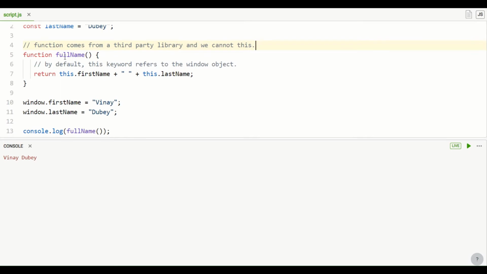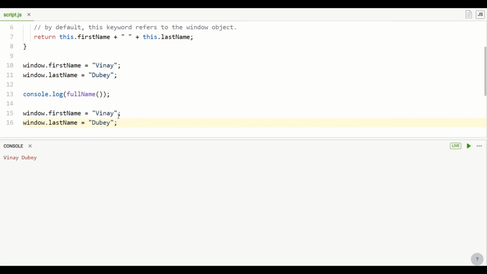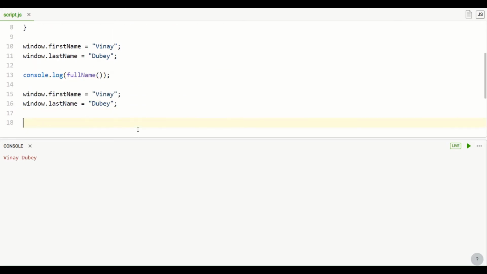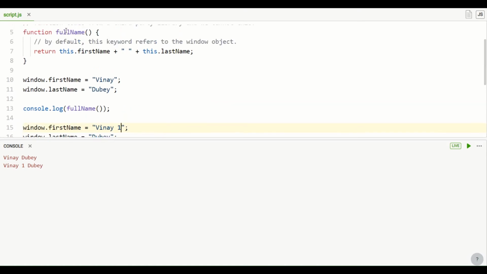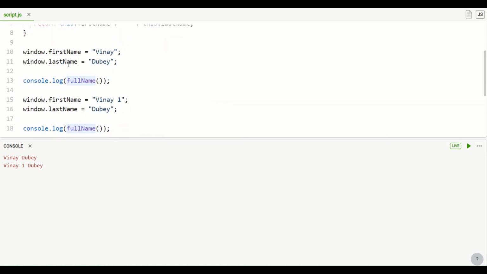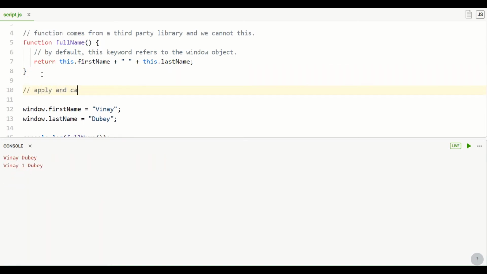Now what if I want to reuse this function? One of the options is to keep changing the first name and last name on the window object and keep using it. So here I would change winner1, and this would print winner1 and the way. So we can keep on changing the first name and last name variable on the window object, but this approach does not seem right. Why would you want to keep on changing your variables on the window object just to reuse this function? So in order to make this function reusable, we have apply and call methods,